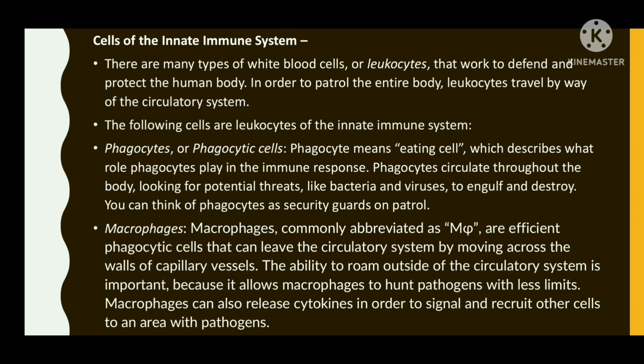Macrophages, commonly abbreviated as MΦs, are efficient phagocytic cells that can leave the circulatory system by moving across the walls of capillary vessels. The ability to roam outside of the circulatory system, that is the blood circulation system, is very important because it allows macrophages to hunt pathogens with fewer limits. Macrophages can also release cytokines in order to signal and recruit other cells to an area with